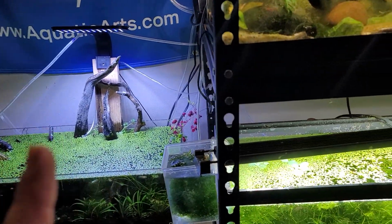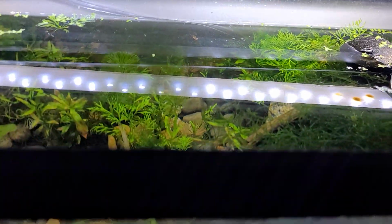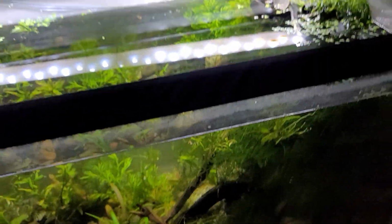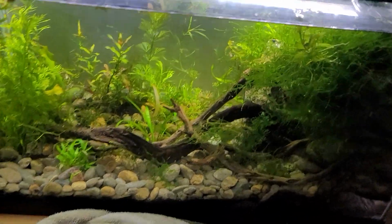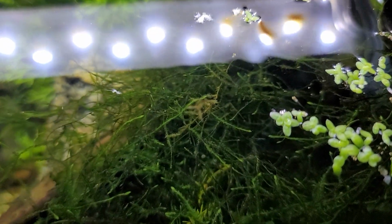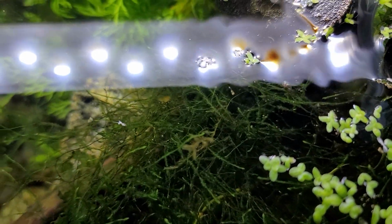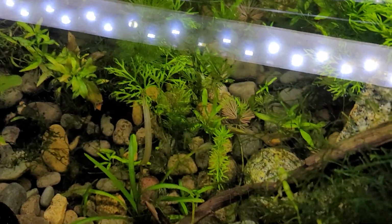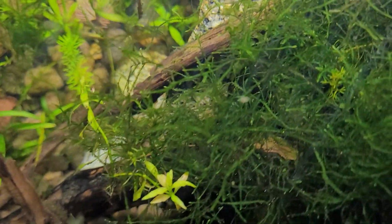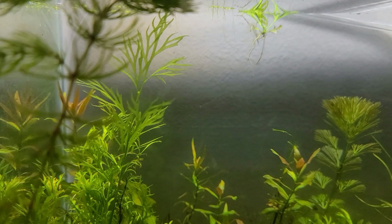And the last thing we're gonna check on is the babies here, because usually it's very critical to feed your brand new fry live food and whatnot right away when they're born. But look at this, they're doing great. This is not even a cycled tank. So if you're someone who thought you had to have a super mature tank always to get fish to thrive, these are the baby, mostly the baby